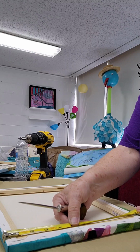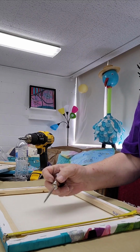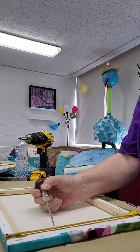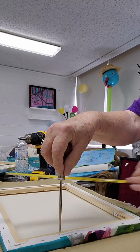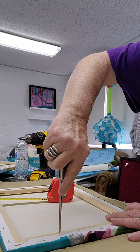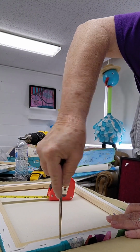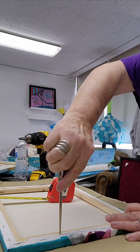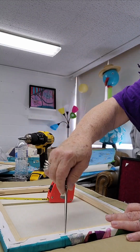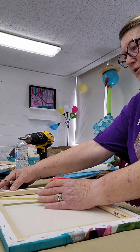Alright, so I'm going to measure down to 3.5. And I know you can't see the tape measure, sorry about that, just trust me. So here's 3, here's 3.5. And I'm going to put the awl right at the 3.5 point, and instead of having to do a pre-drilled hole, I'm just twisting it and pushing down, and I get a nice little hole, a starter hole for the screw. So now I'm going to do the same thing over here,